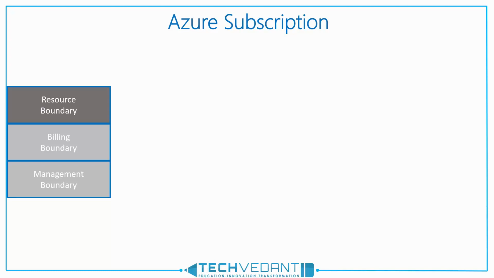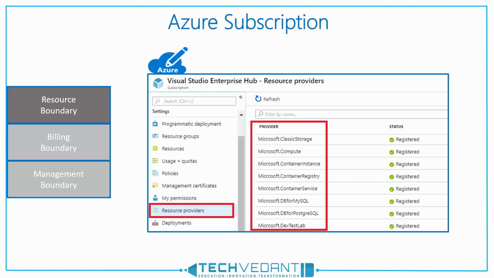By resource boundary, we mean Azure subscription can scope what can be provisioned, how many instances of service can be provisioned, and how it will be hosted or organized. Let's look into it one by one. Azure is based on API-defined architecture. Azure has a concept called resource provider. These resource providers are used for defining what types of Azure services can be provisioned within subscription. Resource providers need to be registered at subscription level for enabling the resource provisioning and management.